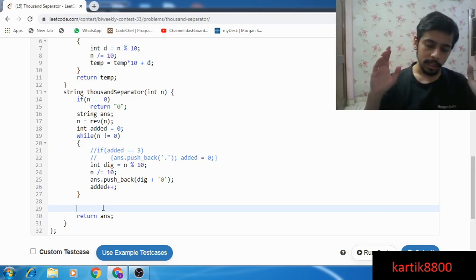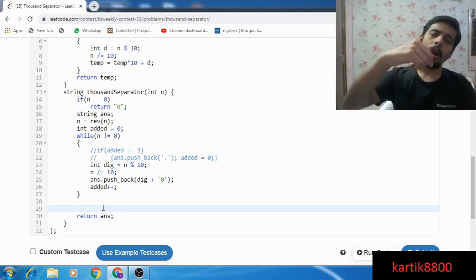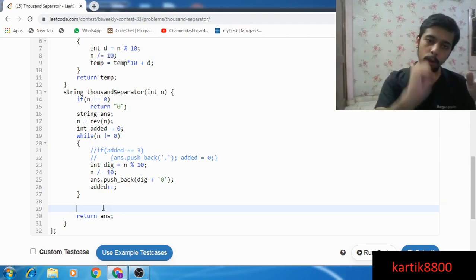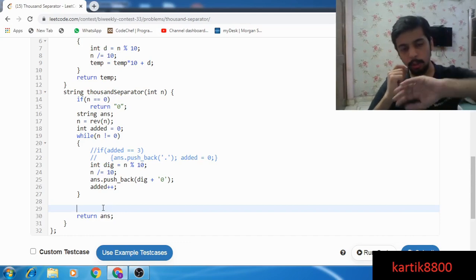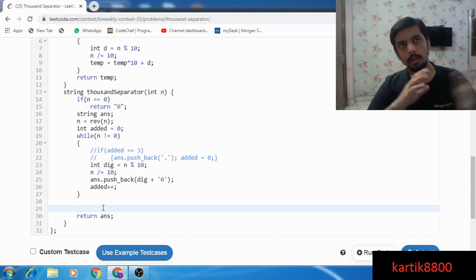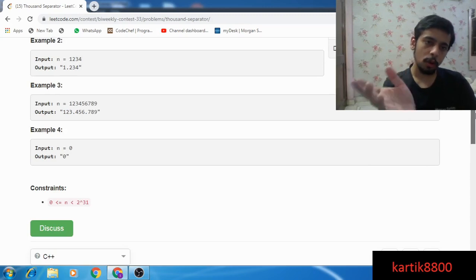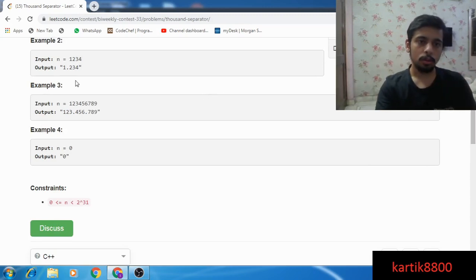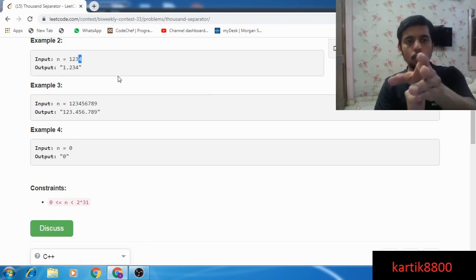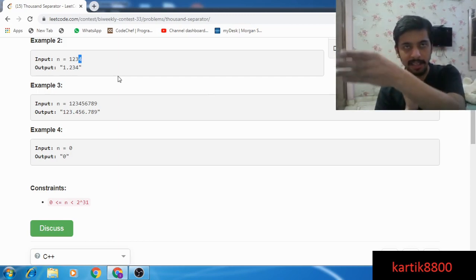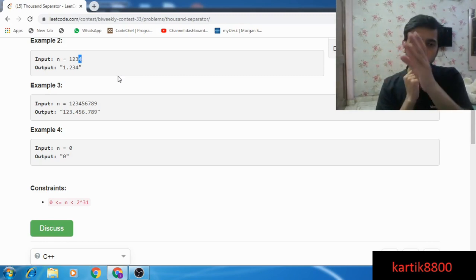So what I can do is I could take this string, start processing from the right hand. After processing 3 digits, put a dot. But if I put a dot, I need to shift the remaining contents to the right? So that makes no sense to me. Okay. So this was not a smart coding practice according to me. And what if I do it in the reverse order? Meaning that I keep adding the digits from the right to the left, and if I reverse the string. So if I were to do 4, 3, 2 dot 1 and then reverse this particular string. So it would become 1 dot 2.